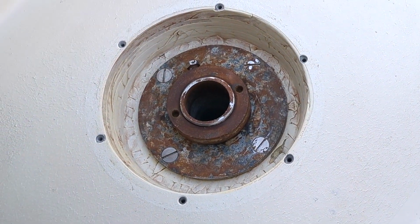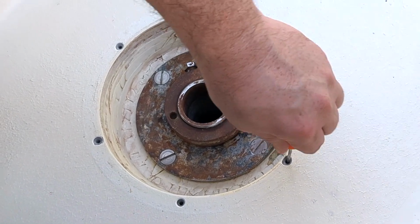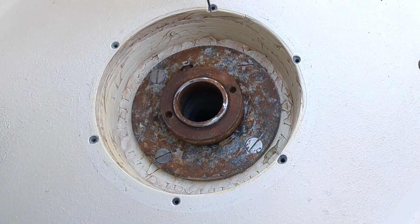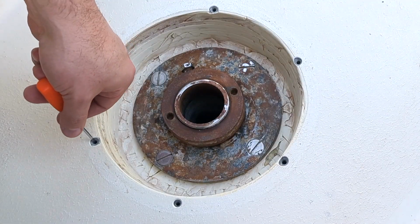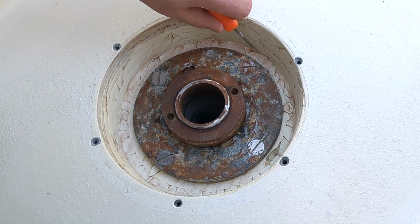Okay, let's do some exploring here. That's dry. Dry. Nice. Nice. We're ready for epoxy, guys. Guys and gals and thems and theys. Okay, so that's good. I'm also going to take care of this